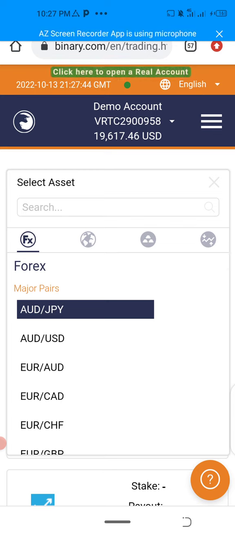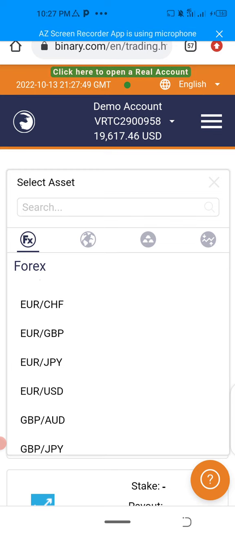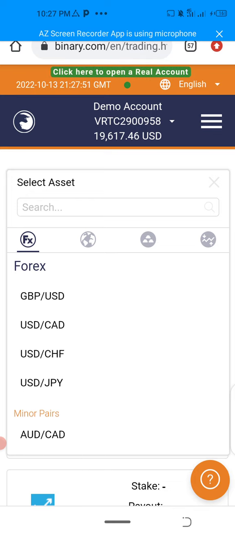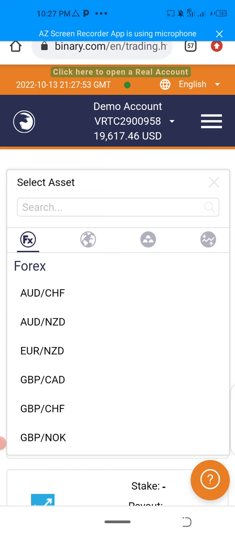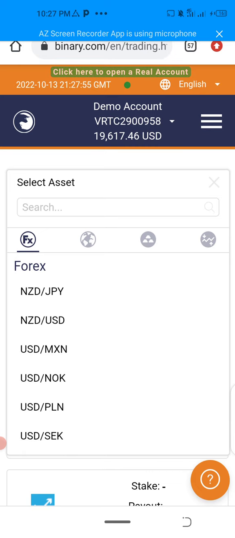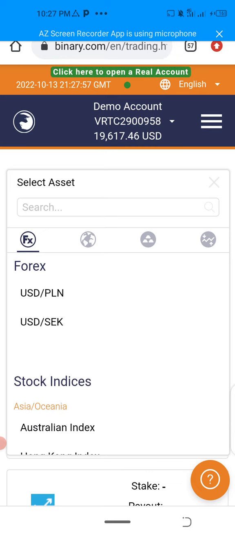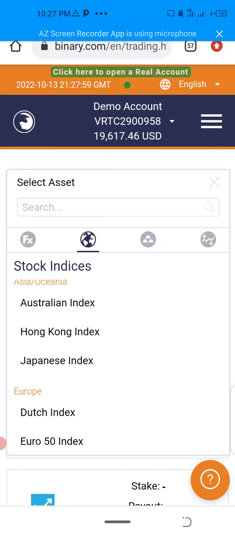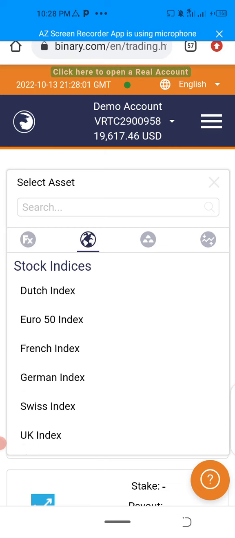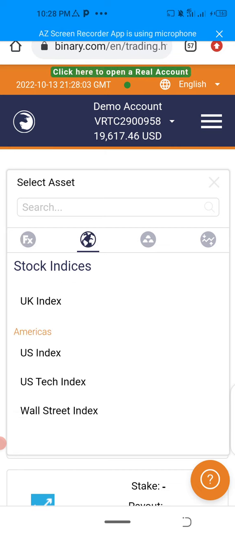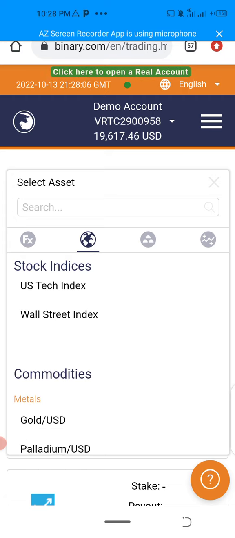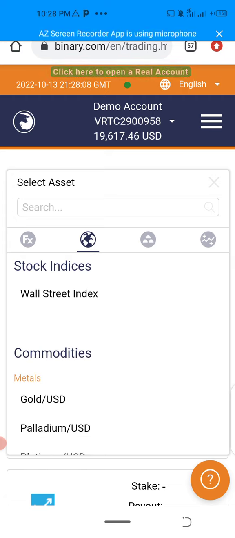So what we are going to be doing now is to touch on this direction and locate the gold market. We're going to search for the gold market. While searching for the gold market, I want you to note that trading is not 100% guaranteed, but with instructions you can make cool money if you follow instructions.